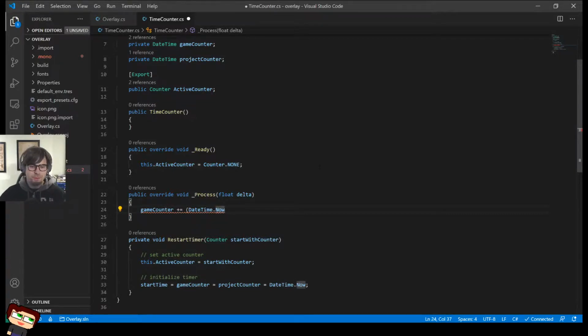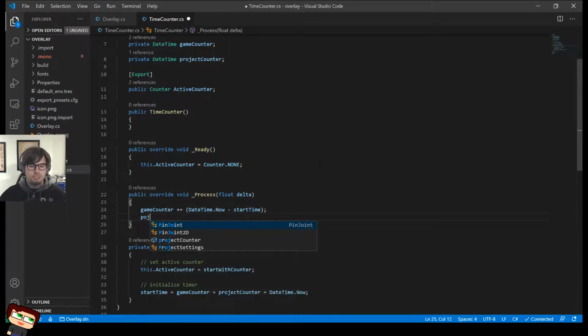We want the difference between that and start time. Great. Let's just see if we can do that with project counter as well, just for fun. Project counter is equal to the same thing.